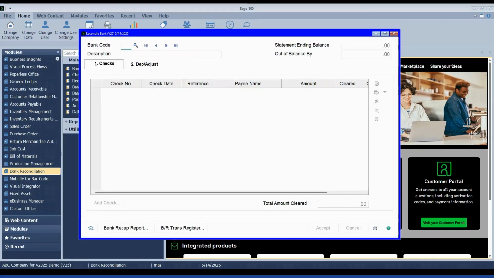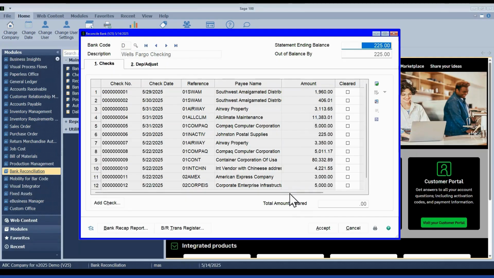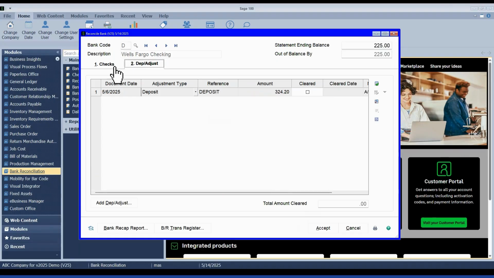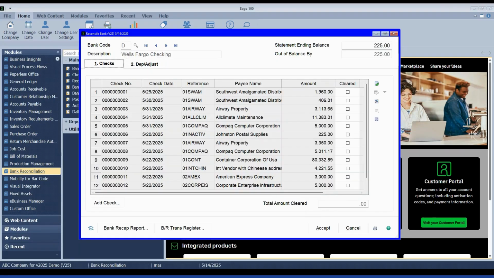Otherwise, I'm going to come up here to Reconcile Bank. And there are two smaller changes in this screen. One, they have added this total amount cleared. As you're doing your bank reconciliations, it'll keep a running total for you on each tab of what items you have marked cleared, which can sometimes make it easier when you're comparing against your bank statement. They've usually got a summary total of all the check totals that have cleared, so hopefully that makes it a little easier to type things out.